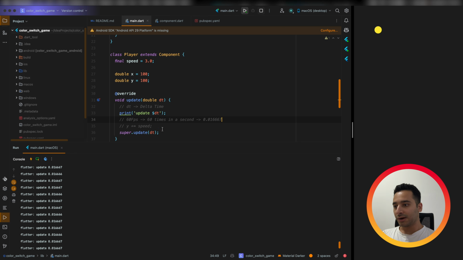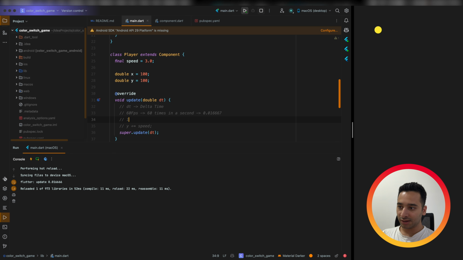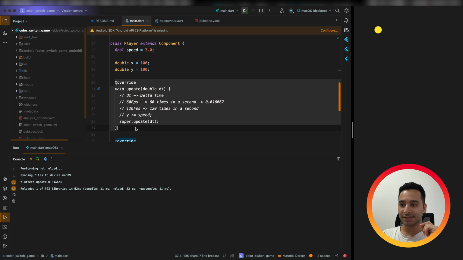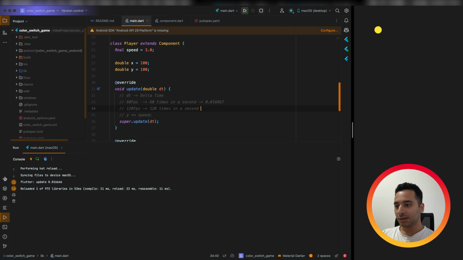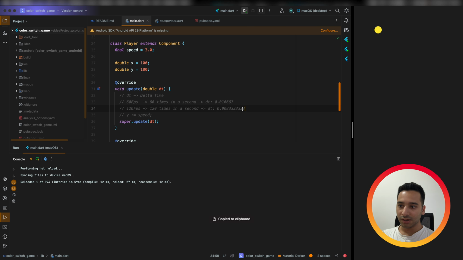On the other hand, if you run the app on a 120 FPS machine, for example, this function is getting called 120 times in a single second. dt should be something like 1 divided by 120, this value.